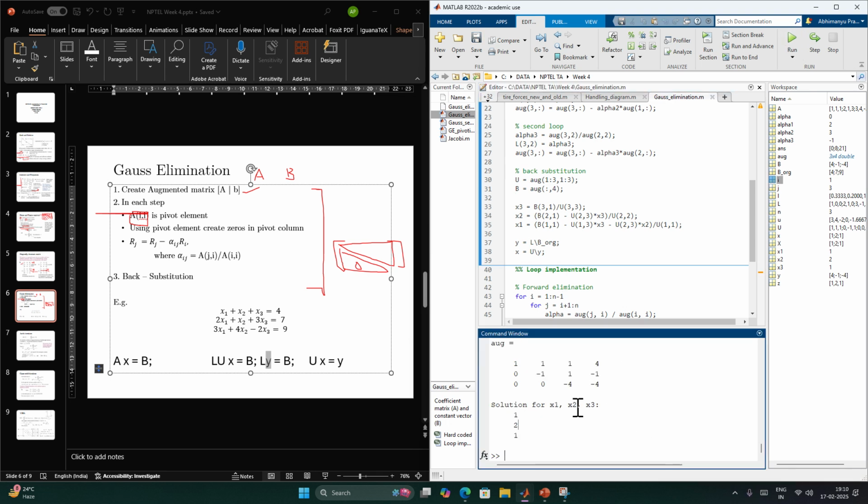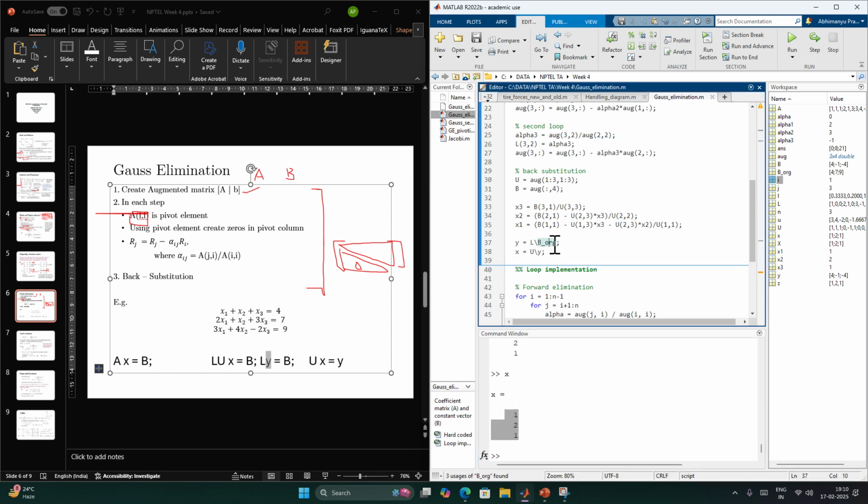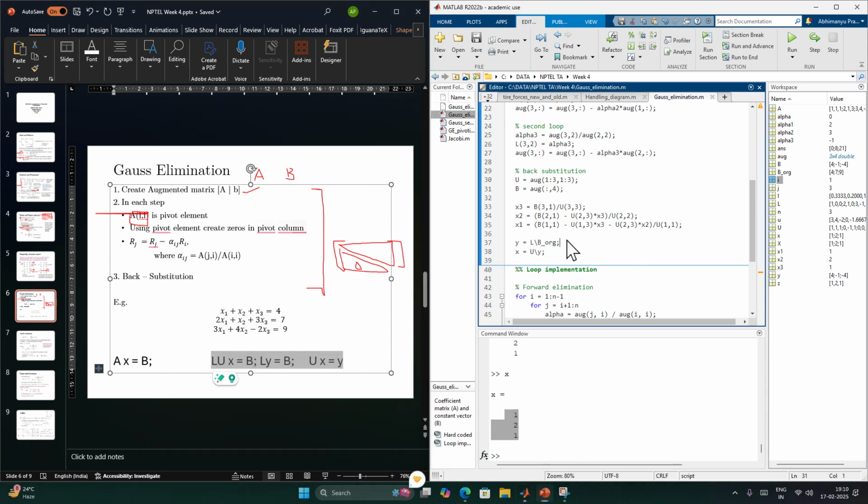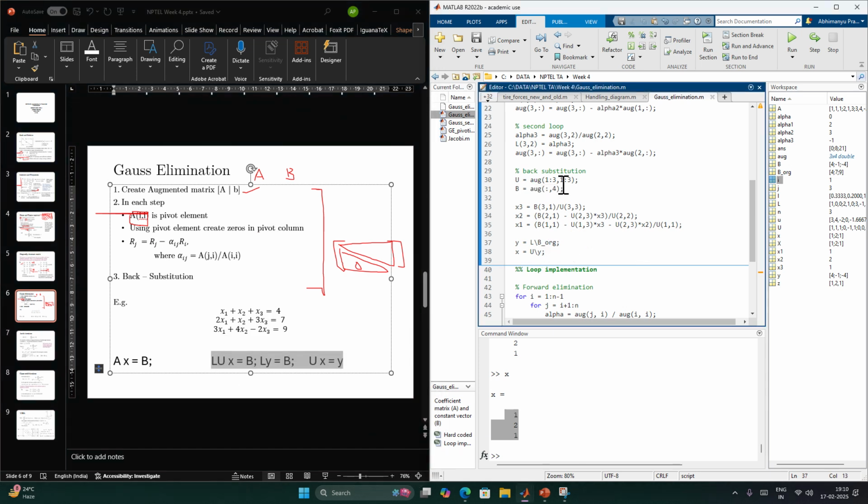Yes. So now my X is the same, one to one, right? So I was using the matrix that I got after the Gauss elimination to calculate this LU, to solve this LU decomposition. That is why I'm always getting a different answer. So you need to use the original matrix. Okay,